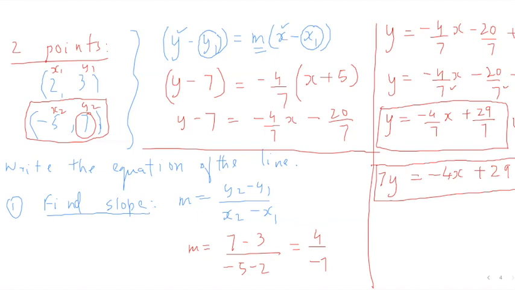Is that fine? Followed this? Sir, could you please repeat the part again where you got 49 by 7? Yeah. So this particular fraction had a denominator of 1 and a numerator of 7. Everything else here has a denominator of 7. So I wanted to make this denominator 7. So what I did was I multiplied the denominator and numerator by 7. So that's how I got 49 by 7. Is that okay? Oh, to make the denominator same, you multiplied 7 by 1. Yes, all 3 terms, I wanted to make 7 the denominator. Okay, cool.